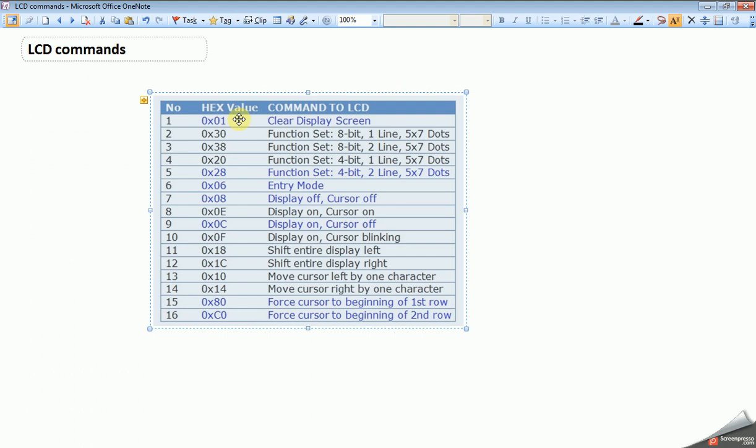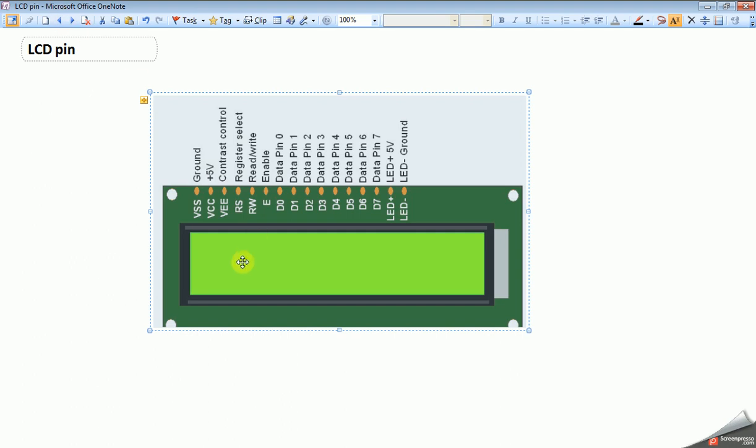Let's understand the difference between LCD command and LCD data. These are all LCD commands. So what is LCD data? Suppose I want to write a character A in the first row.